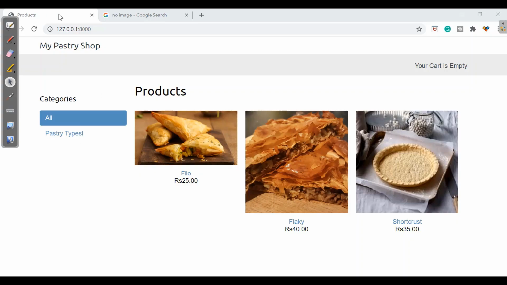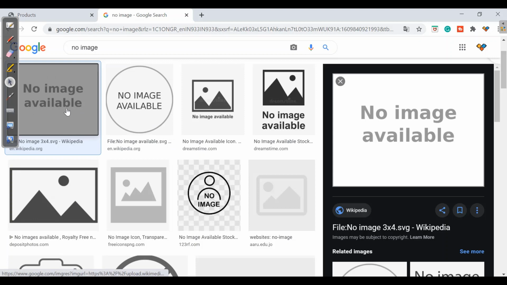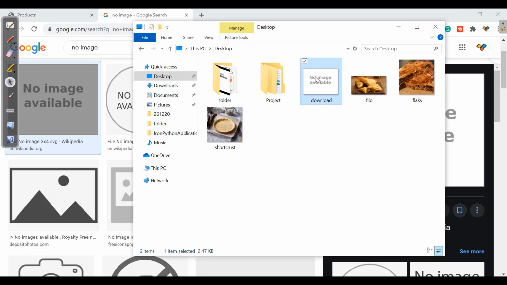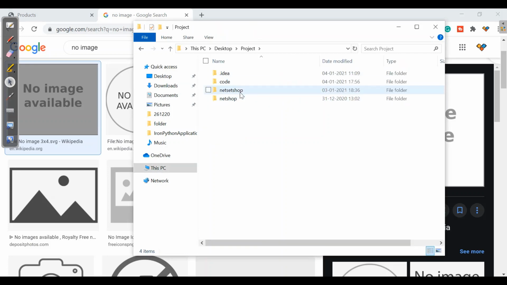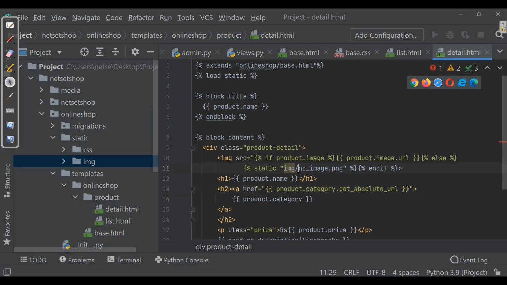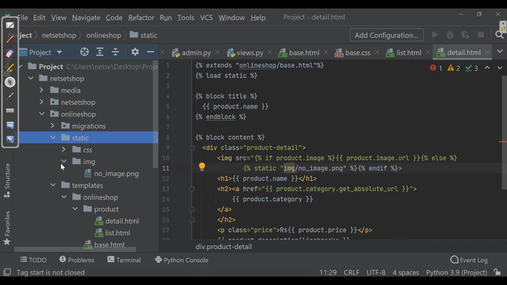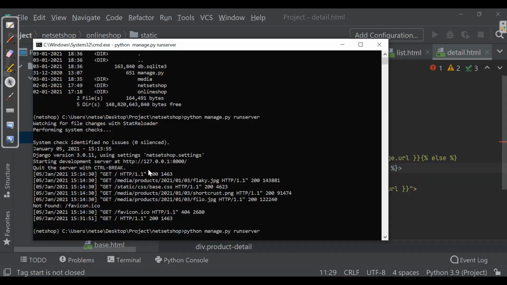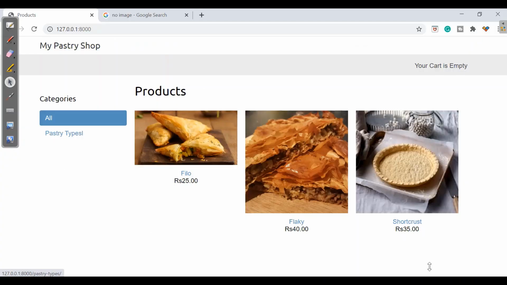Now after this, I'll go to the other tab and download this particular image. So here I have the image. I'll copy it from here, go to the project, application. We have a folder static. I'll copy this, but it has the name download, so I need to change this name into no_image. Here it's with the same name. Let's check it out. Here we have this image. I'll just rerun the server. Here it will show the same photos as it is able to detect them.